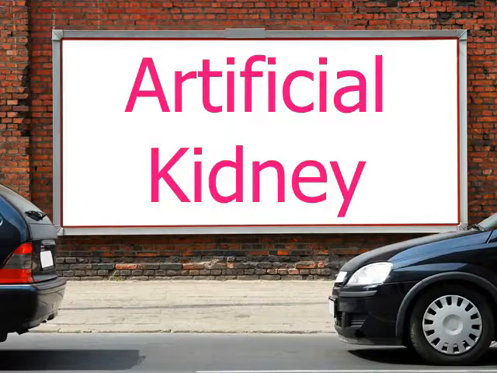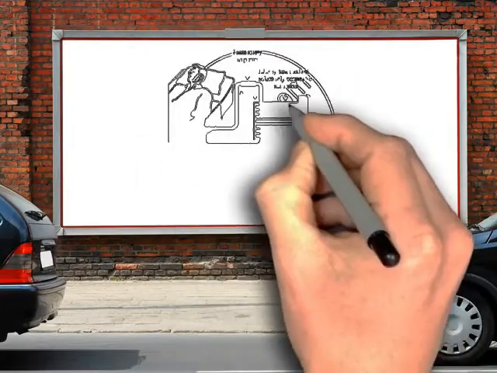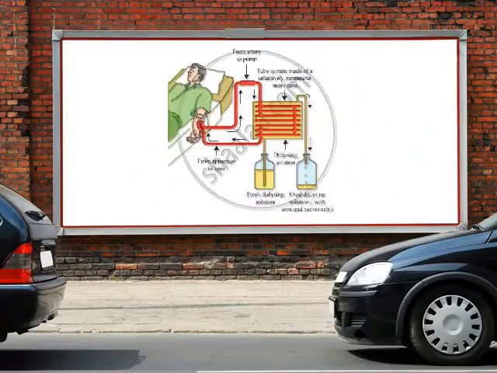In dialysis, the blood of the patient is pumped through a cellophane tubing. It is surrounded by a dialysis fluid which is similar in composition to the normal blood plasma. The cellophane tubing is permeable to most of the constituents of blood plasma, but it is impermeable to plasma proteins. As the blood flows through the tubing, the constituents of blood plasma which are in higher concentration move into the dialysis fluid. Thus, the blood returning to the patient's circulatory system is cleaned of the waste substances.